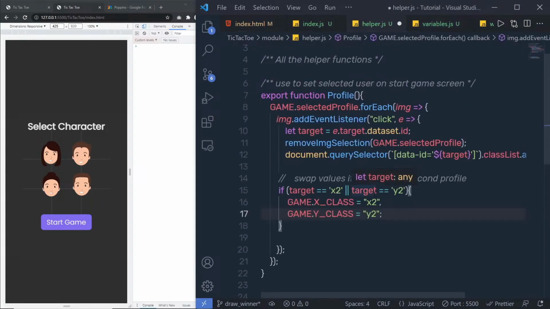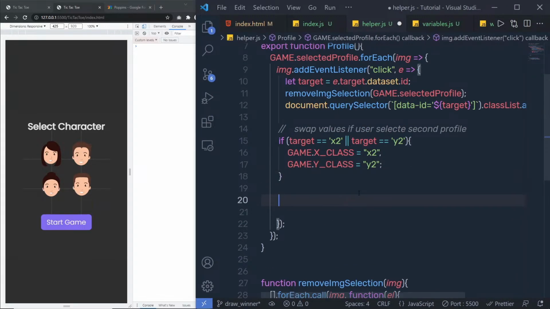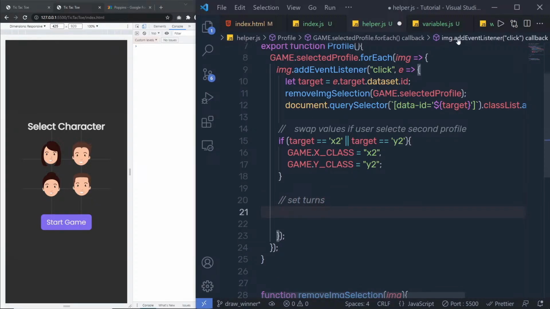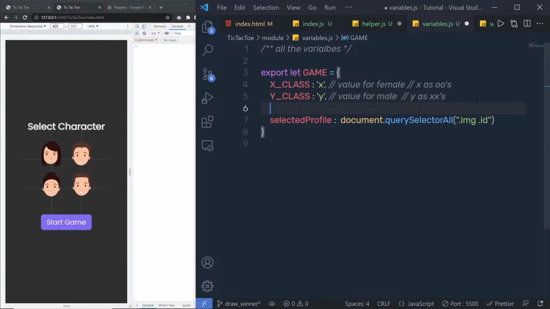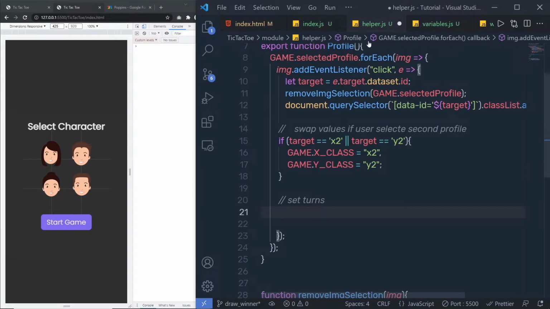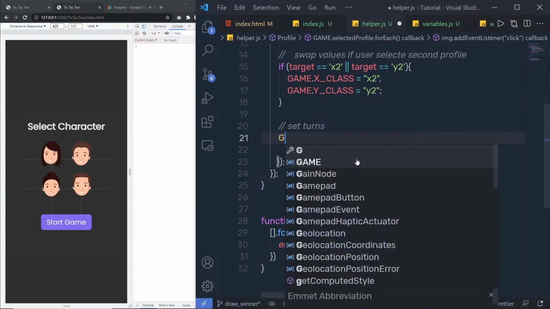Next, we need to set the turns of the user. So to set the turn, I'm going to simply write set turns. I'm going to create a new variable inside this variable file. I'm going to create a variable here, turn, and initialize it with undefined. Right now the value is going to be undefined. Then I'm going back to the helper.js, and here I'm going to set the turn of the user. So to set the turn, I'm going to say